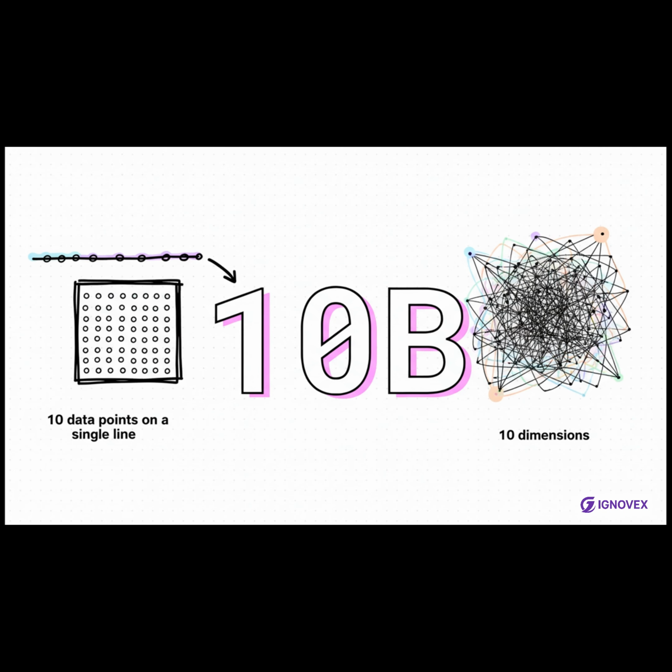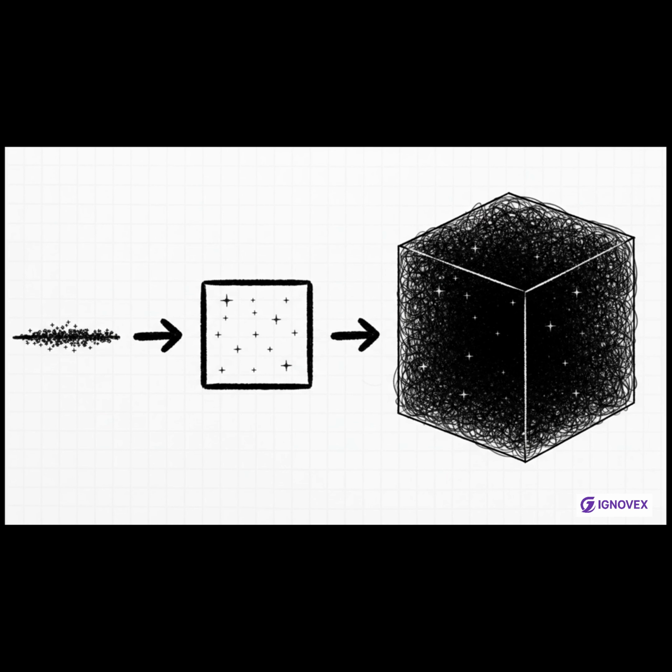It's insane. So here's the crucial point. The volume of the space your data lives in just explodes exponentially every time you add a new feature. And your data points, it doesn't matter how many you have, they become incredibly sparse and isolated. Kinda like a few lonely stars in a vast, empty universe.